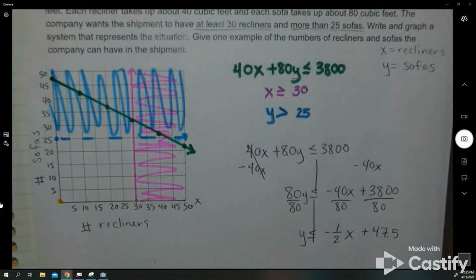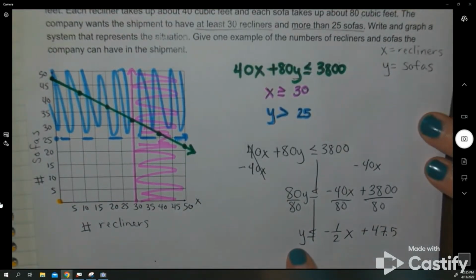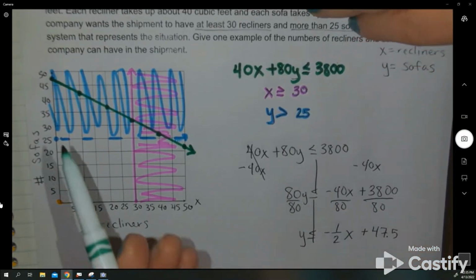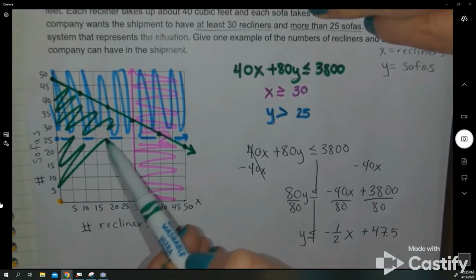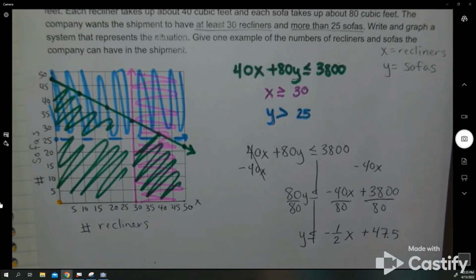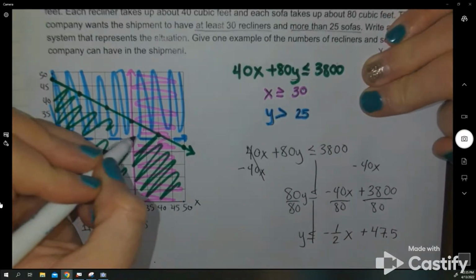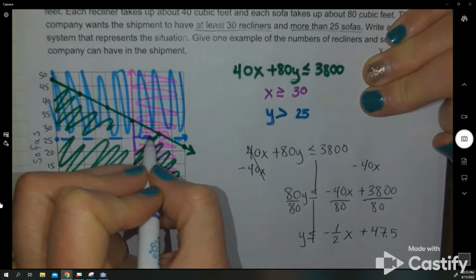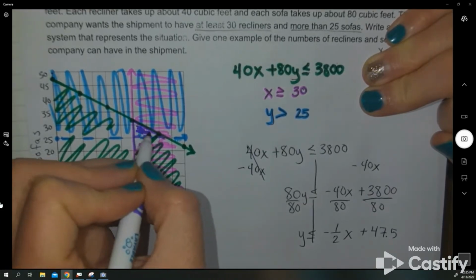There we go. If we were to plug in 0, let's use this one here. 0 is less than or equal to, since that makes 0, 47.5. Is 0 less than or equal to 47.5? Yes. So for this one, we're actually shading down towards that 0, 0. Again, just trying to not interact with these lines. So what we notice here, in order to be part of our solution, the only spot where all 3 colors overlap, we've got our solid line here, we have our dashed line here, and we have our solid line. So that small little triangle right there